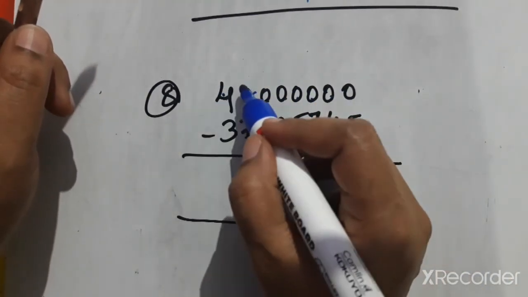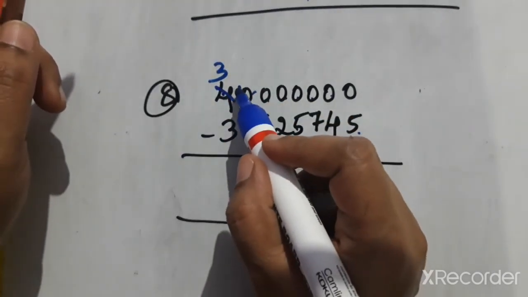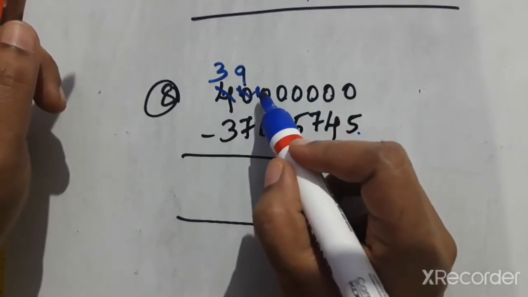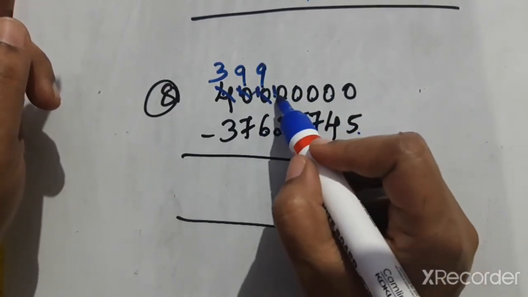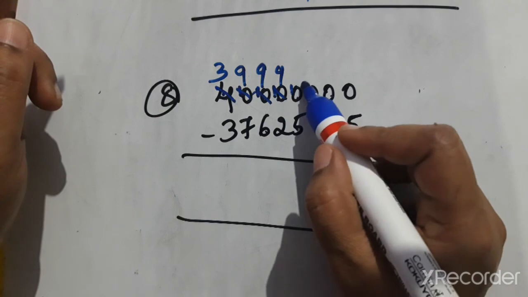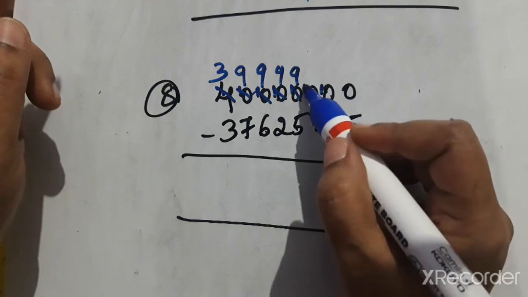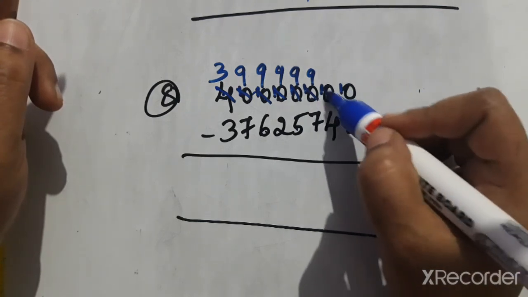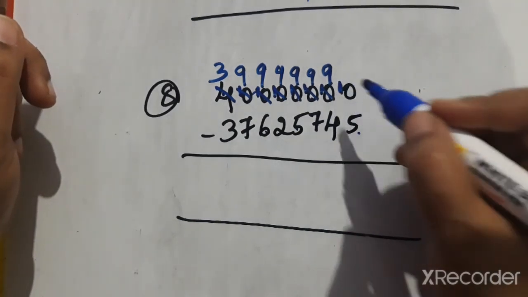Go to 4. So 4 will help, because no money, poor people. So here 4 will help 1 and 4 will become 3. Now here 10, out of 10, 10 will help 1 here. So 10 is now 9. And this 10 will help 1 to his friend and here it will become 9. And this 10 helps 1 here. So here 9. Each 10 will help 1 to his friend and become 9. Now here the last number is 10 rupees. He is a lucky person.